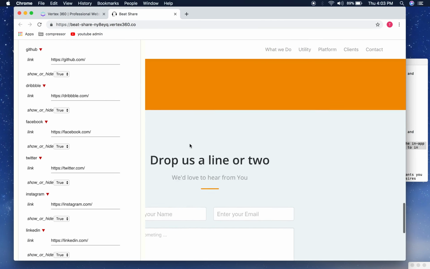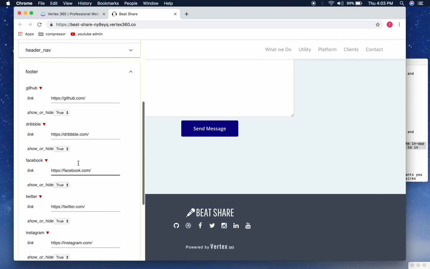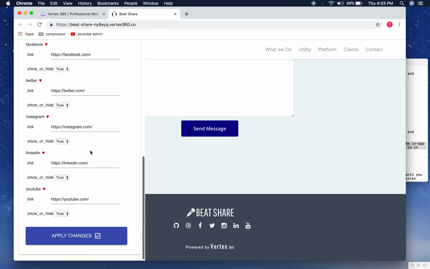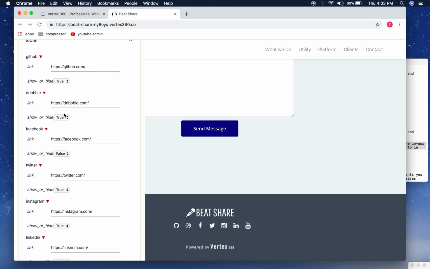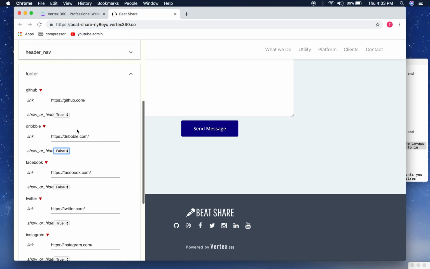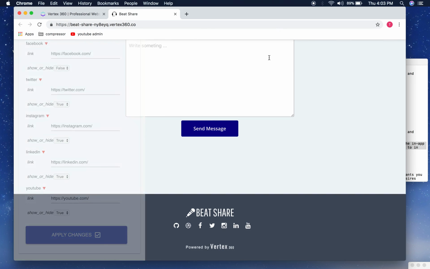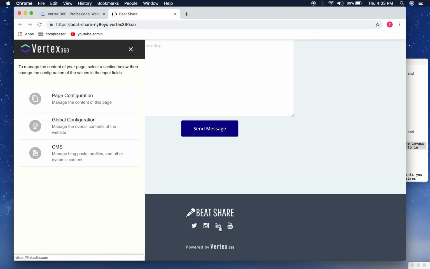The same goes for the footer. The footer gives you the option to add links to other platforms or social media websites that you want to navigate your users to. So you also have the option to include these or not if you want to. Let's say I only want to include YouTube, LinkedIn, Instagram, and Twitter. I can take the other options, Facebook, Dribbble, etc., and change them to false. I can apply those changes, and when I refresh, you'll see that only the icons that are still true appear